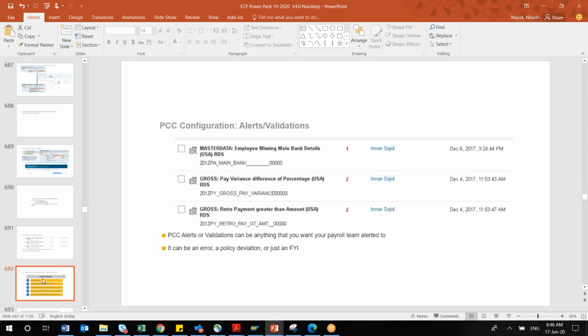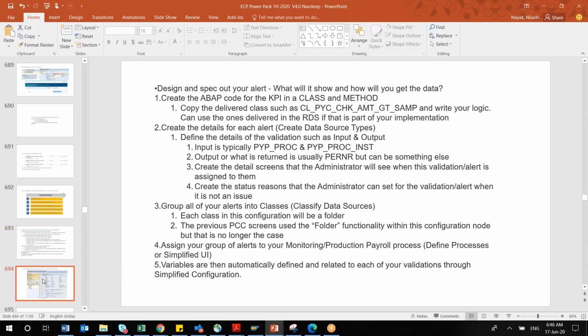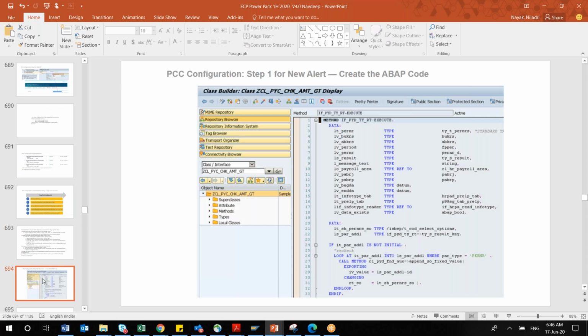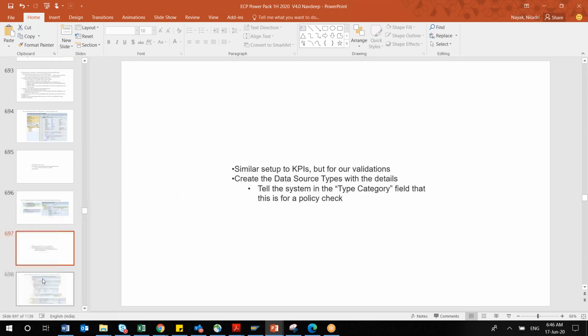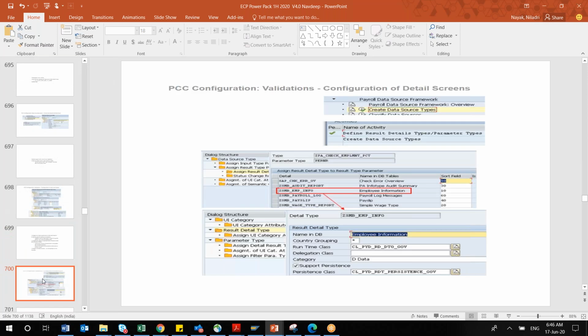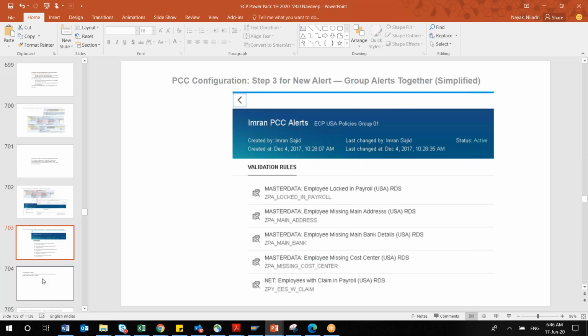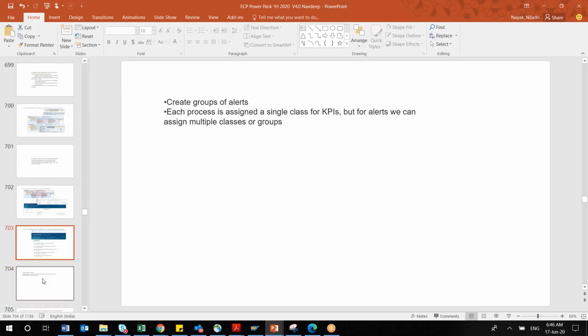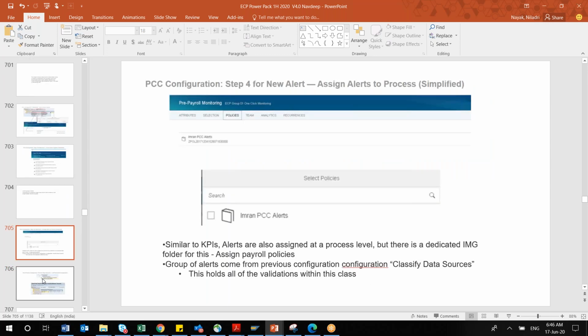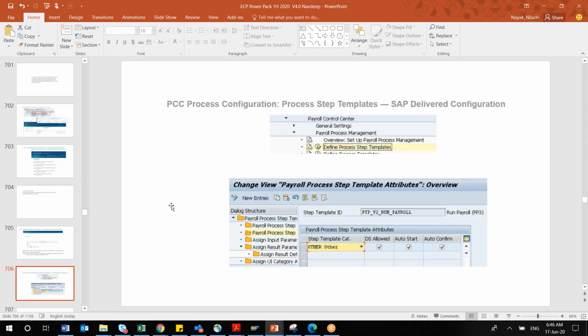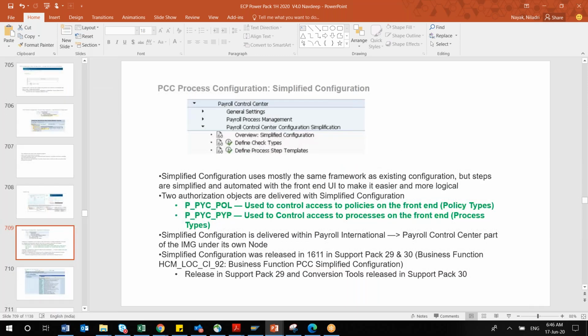Once you have done that, it will start appearing in the presentation in your program. This is again how to create the ABAP code; I have taken those details here. Nothing much, but you have to remember where exactly it is done. Once you are doing it, in the front end it will be showing like this, those PCC alerts or validation rules, whatever set of alerts you have created. We have seen how these alerts are there in your front end system in the admin section.